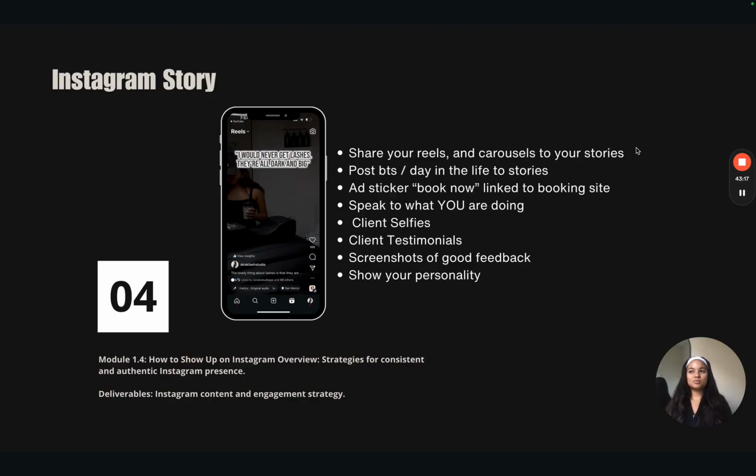If you have a sloppy bun and it's just a rough day and you need a coffee that day and it's your day off and you're exhausted and you're just watching TV, you can literally just post. I've posted my headband before and my sloppy bun and wrote above my head. Your clients actually like to see that you're a real human being. And I know that sounds crazy to say, but people do care. People care more about you than you realize. And when you start to attract your dream clients and your ideal clients, the connection is so real with them